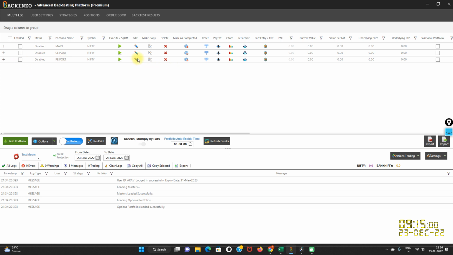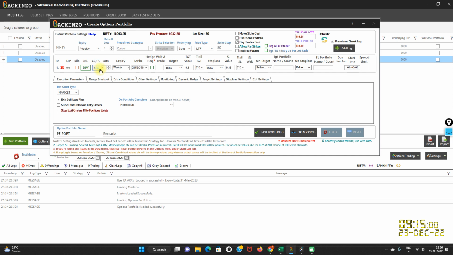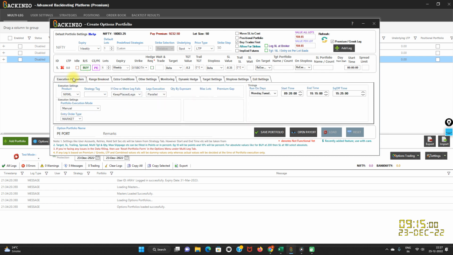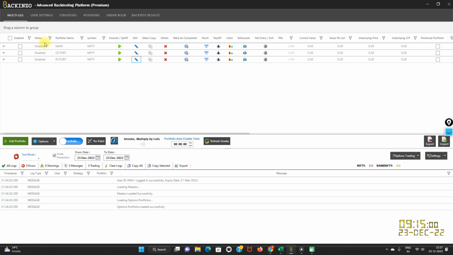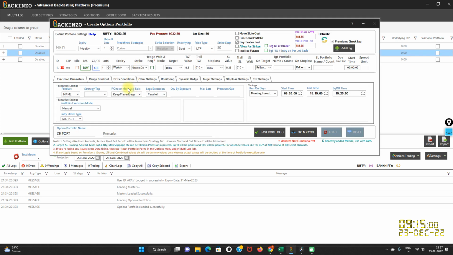Now you can do the changes by clicking on the edit button here. Make it as PE. And herein, just add a minus sign here, right? For the nearest delta value type, target also in minus and the stop loss should also be in minus. Exit setting, give the re-execute command on portfolio complete, and under execution parameter, just choose manual as your portfolio execution mode, right? Just save this portfolio and your portfolio is saved. So total 3 portfolios, and don't forget to